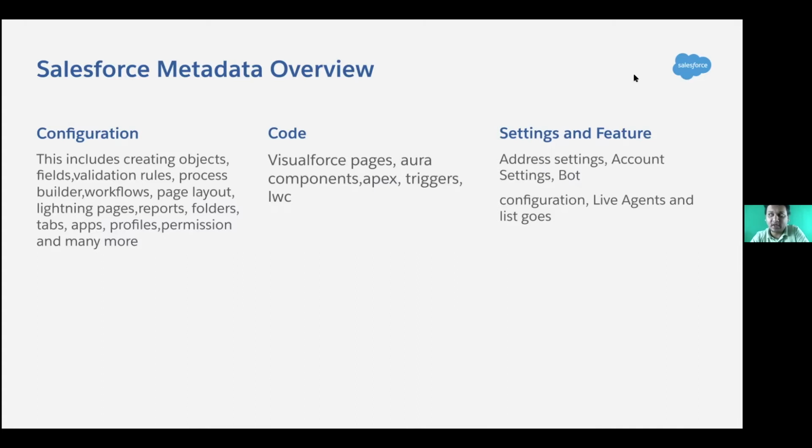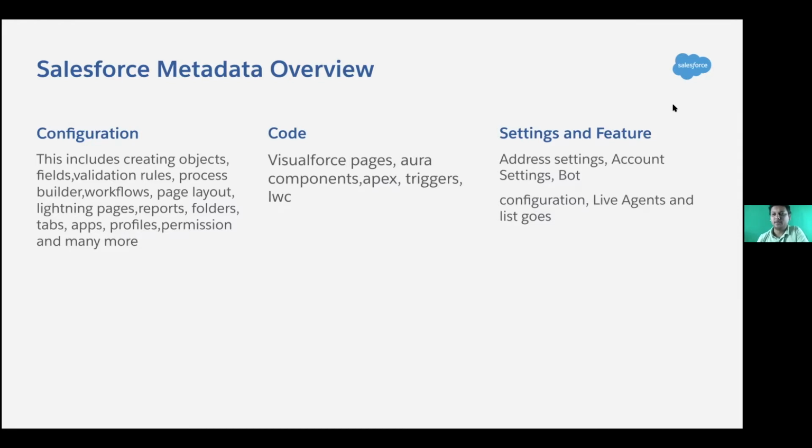But there is this concept called feature, which depends on the licenses. Those things you cannot deploy today from one environment to another environment. You actually get it from production, like when you buy your Salesforce licenses. So in general, metadata is everything. It's configuration. You have code, settings, and features, right? And this is what makes it so exciting to move one org just as it is to another